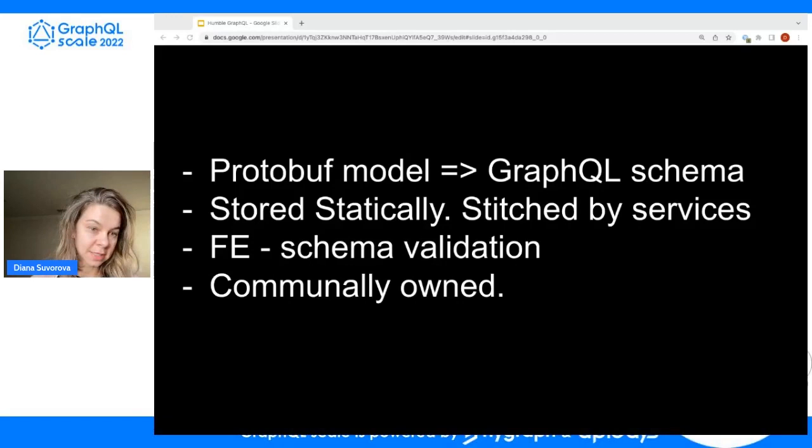An important part for us as a monorepo is that we do cross-validation between front-end and GraphQL schemas, and it is enforced by the CI platform and monorepo tooling. To make a change in a shared sub-schema, you need to make sure that it is consistent with all the front-ends that are relying on this sub-schema. And it is communally owned, or some would say also unowned, but it is a quite clever ownership model that solves some key problems and has its upsides and downsides for sure.